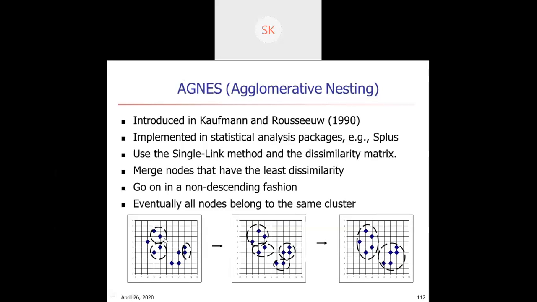So these two objects form one cluster, these two as well, right? And the next iteration goes on. The two clusters that are very near to each other are then formed into one cluster. In the next step, likewise, two clusters merge together and form one cluster. The next step will be what? That is to terminate, or you can form everything in one cluster.